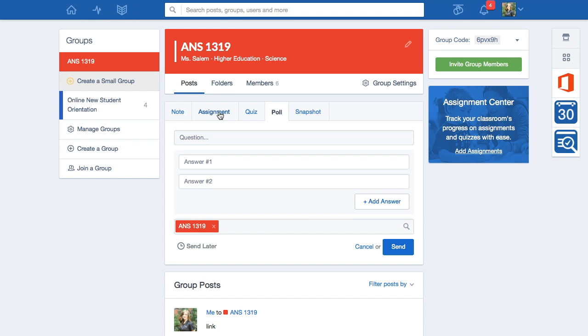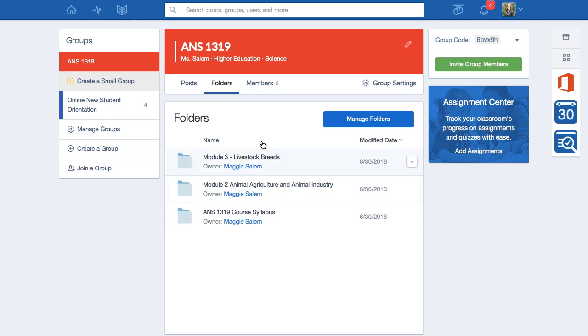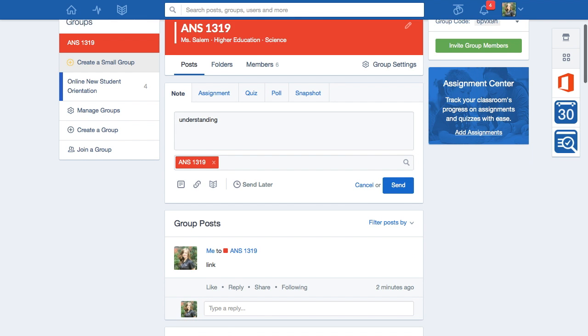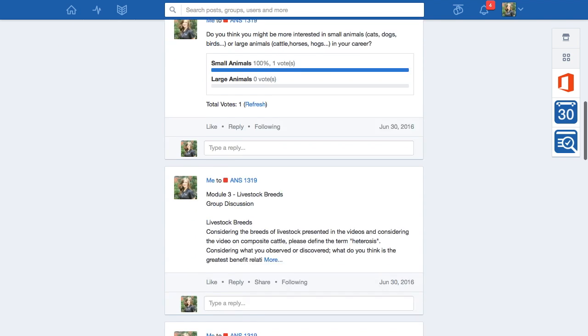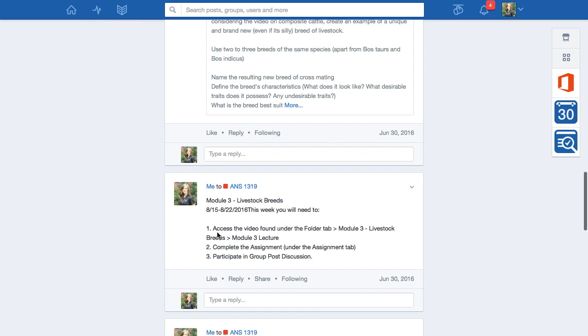So one more thing that I want to emphasize of the actual course, when I was talking about organization, I also have a Folders tab. And in the Folders tab, if you remember in the notes, each and every week I would set it up that we give a 1, 2, 3, what they have to do. And some of this stuff they would have to go access the video, and for this discussion, for them to participate in the discussion,